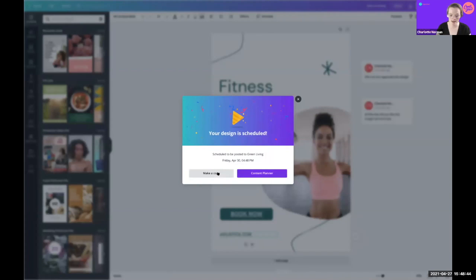So I can go to make a copy. Why do we have this here? That's a question that we often get asked, because people will want to resize this design to then post on another channel. So that's often why we have the make a copy, or you can just exit out of it, or you can go directly to the content planner